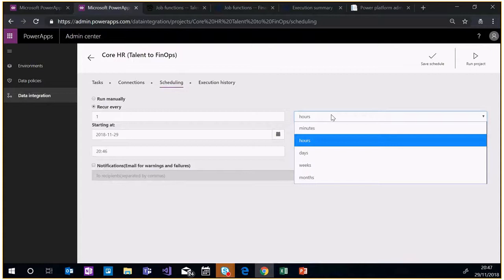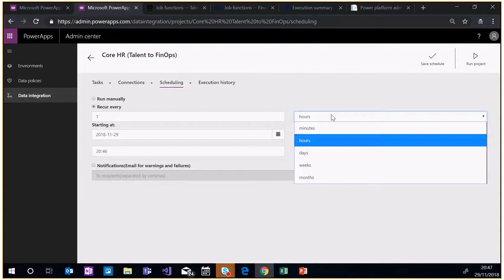Also, the project takes around 15 minutes to execute with these 13 tasks, even without any data changes. And the reason for that is each task takes around 1 minute or 1.5 minutes. So even if you try to schedule this every minute or every 5 minutes, it will have to wait for the existing execution to finish before it can schedule the other one. So don't try to schedule that every 5 minutes and then think it's broken. You need to schedule it 15 minutes or more. And ideally, I would think for a common HR scenario, you would want to schedule it maybe once or twice a day rather than